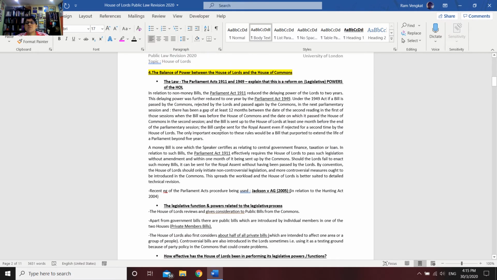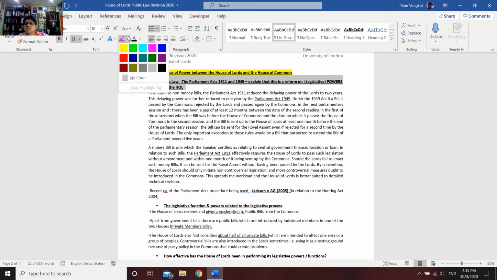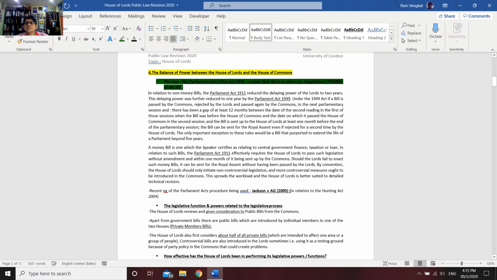Now we come to number 4. This brings us to page 2, please. So what is the balance of power between the House of Lords and the House of Commons? All right. You could start off by explaining that the law which regulates this balance of power is the